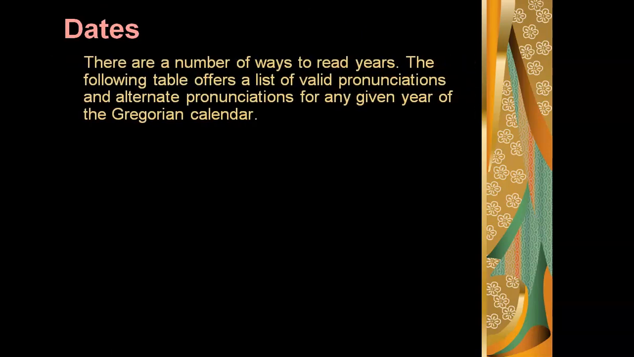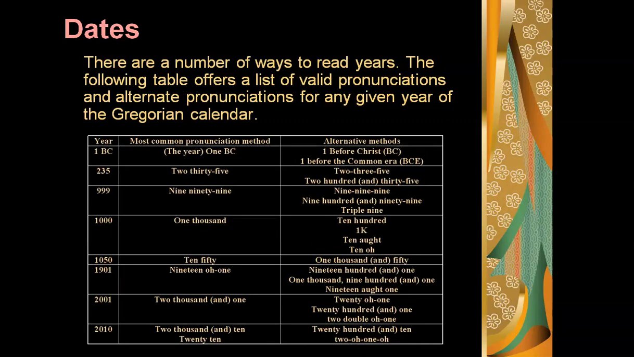Then, what about the dates? Yes, there are a number of ways to read years. The following tables offer a list of valid pronunciations and alternate pronunciations for a given year of the Gregorian calendar. 1 BC, the year is 235, most common pronunciation methods, 999, 1000, 1050,